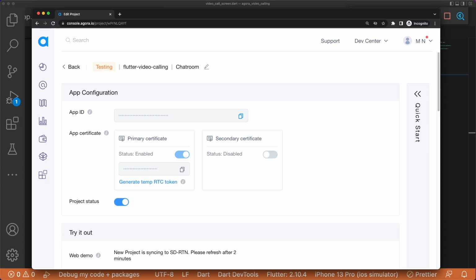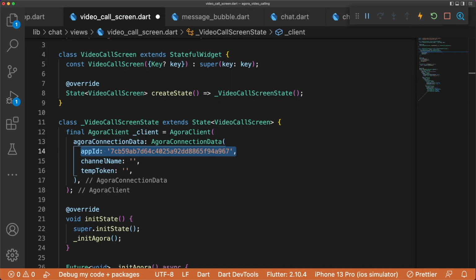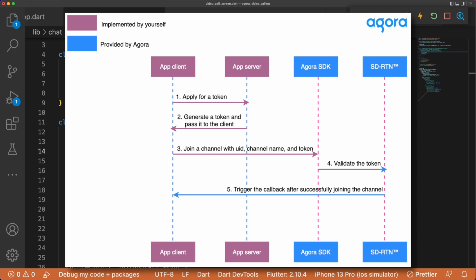Our client requires an app ID, channel name, and temp token. Let's copy and paste our app ID. Ideally, this would live in your environment file. A channel is a room that your users will join. The way we have this set up right now means that our app will only have one hard-coded channel and